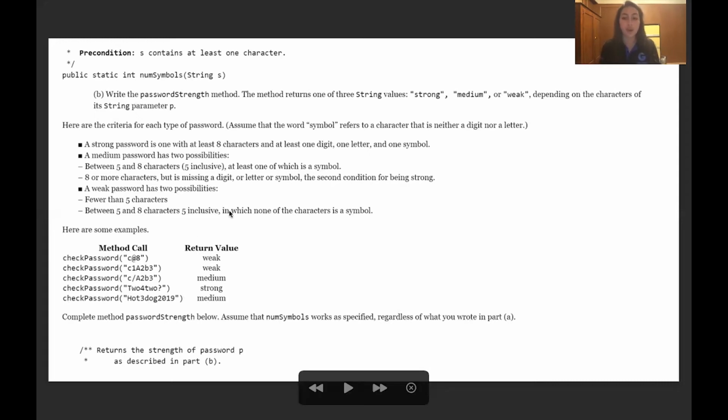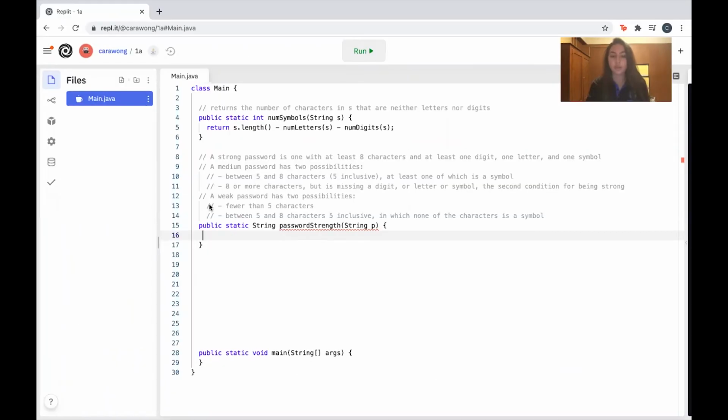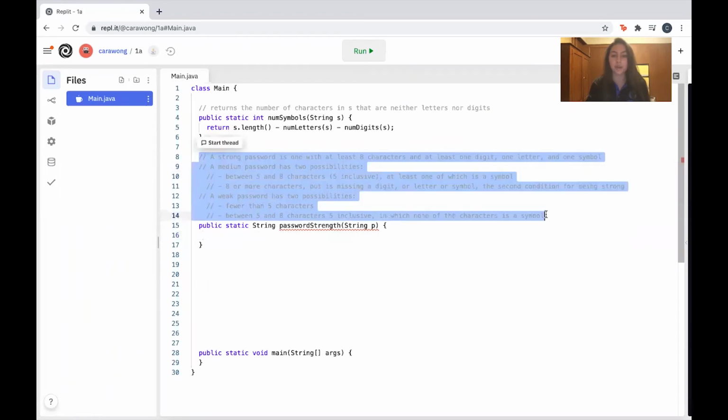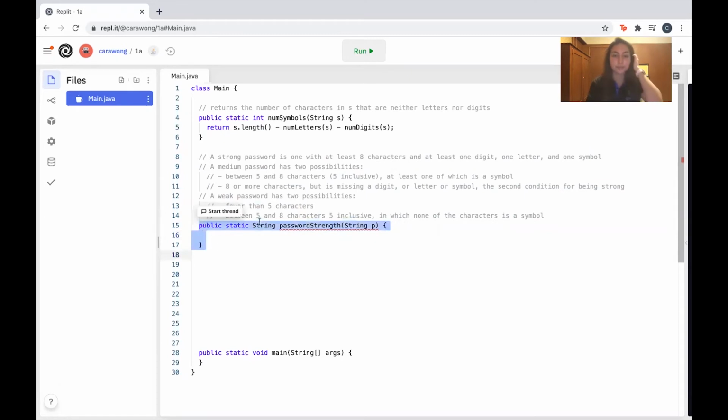So what we need to do is figure out what those conditions should be. So now we can jump into REPL and start talking about this. Once again, I've copied in the description of the method we're implementing and the method signature, so we can jump right in. Just like we talked about, we're probably going to have a series of if statements,